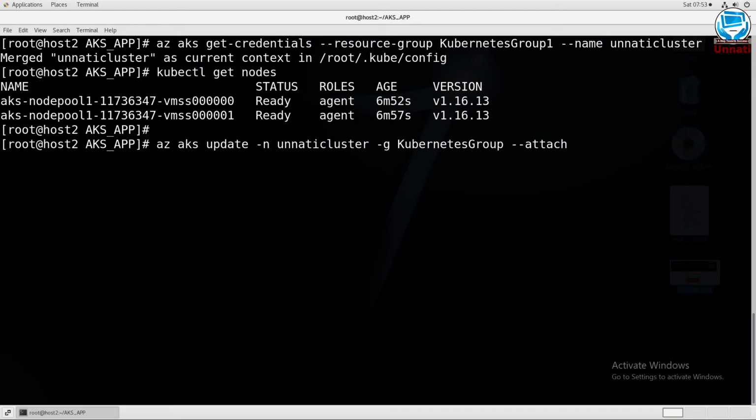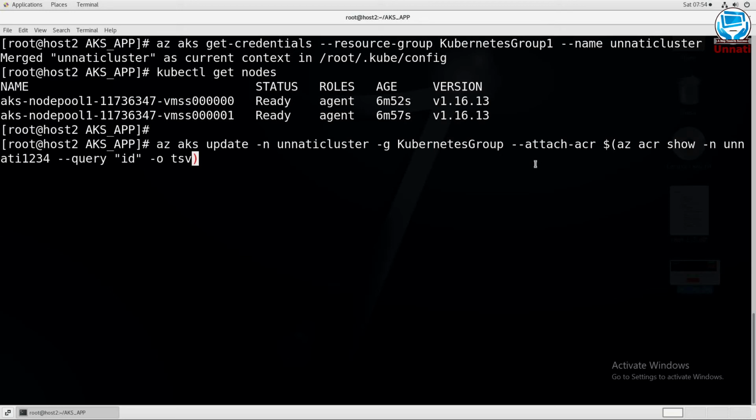So --attach-acr $(az acr show -n, the name of your ACR, which is Unnati1234, --query id, and the output we need in TSV format). This command will update your AKS cluster and attach your ACR registry to it so that your cluster can pull images from your container registry.